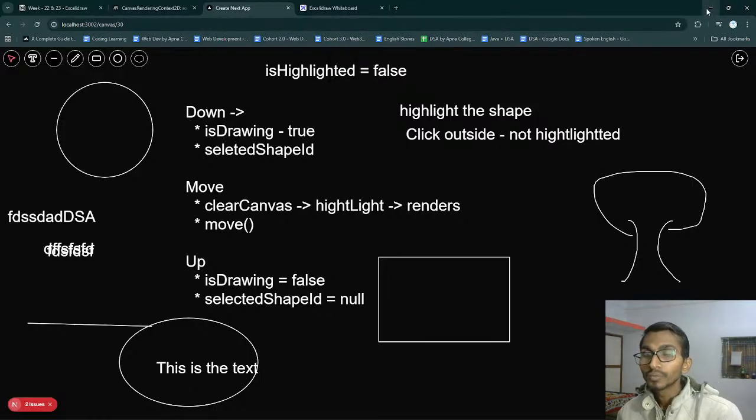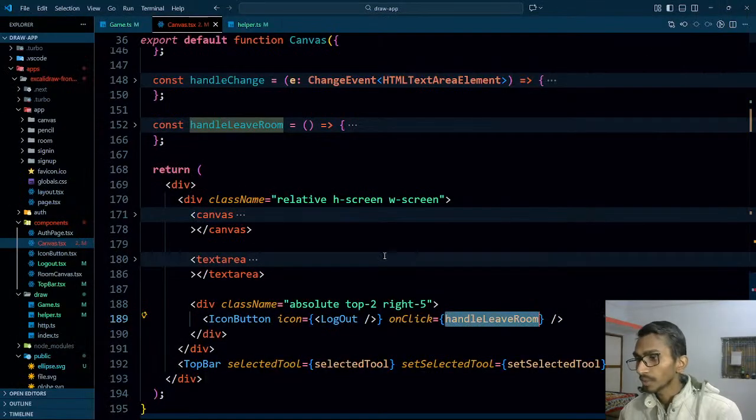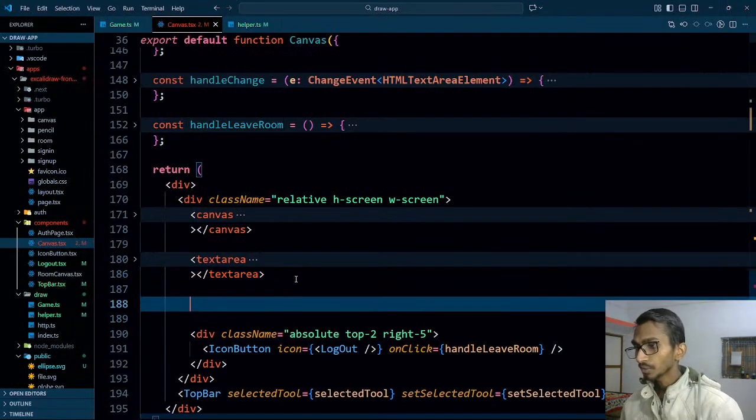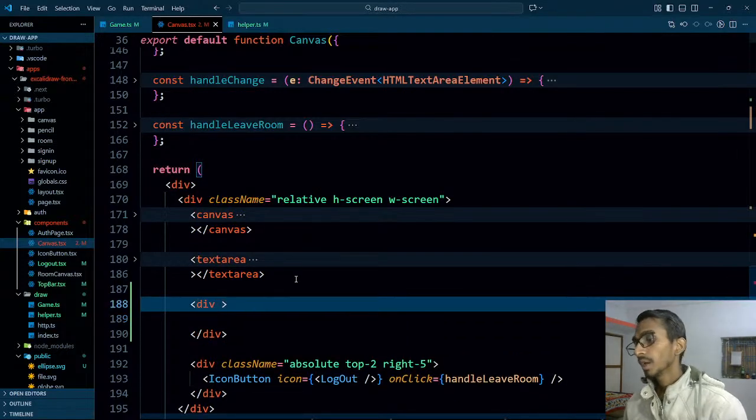I need to add a model, and then I have to display the model wherever it is needed. Okay, let's first of all add something. Let's add a div. This div is going to be there, and the class name is going to be, suppose,